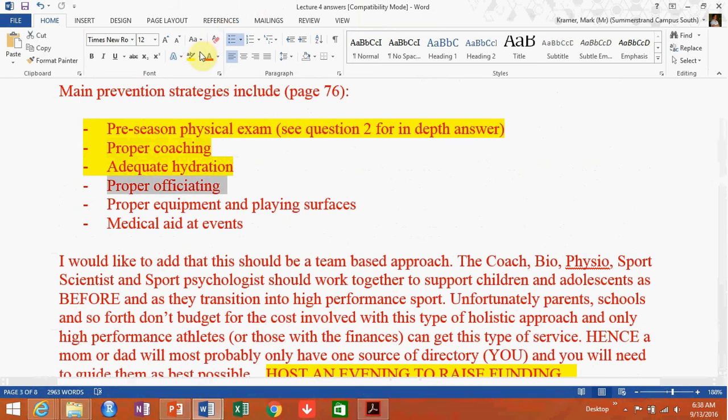Okay, proper officiating. Obviously you must get qualified people to do that, because children can get some serious damage from officiating that is done incorrectly. Proper equipment and training surfaces: with Dr. or Prof. Walter, you guys have done this already, where you go into schools or other areas and do a risk assessment. So you have the skill, make sure you use the skill. And if you have forgotten the skill, go and read up on it again and refresh your memory, because